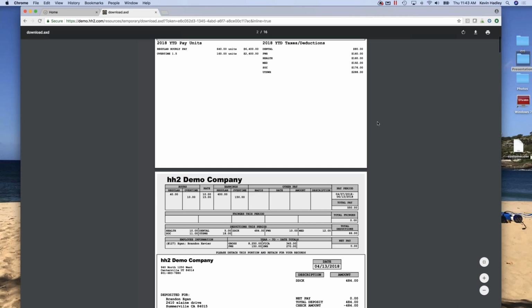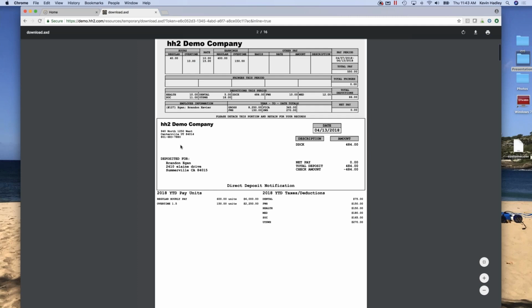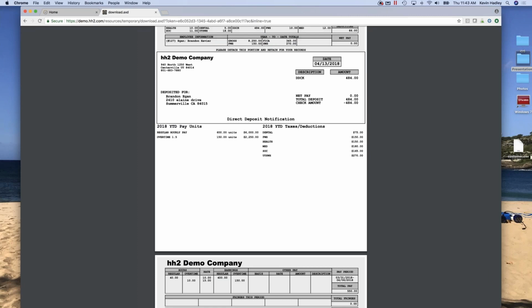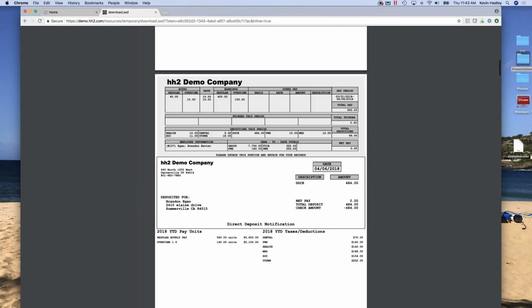Okay, and we'll put your company name in the system, your company address, and stuff like that. I always get this question: what if we have like 2 pages of things that we keep track of, their hourly rates and their different pay rates based upon their classifications, and we show all the year-to-date taxes and deductions? Well, again, if you've got those specific rates set up in Sage and you've put on there, show these rates or printable, then they will show up here in hh2. And we'll talk a little bit about those as you guys decide to sign up, and we'll take a look at it. But anyway, it just has your company information.